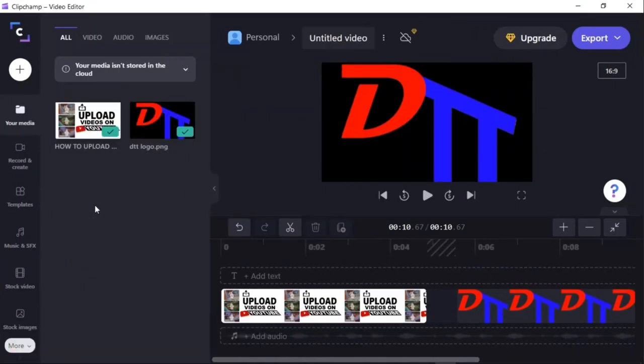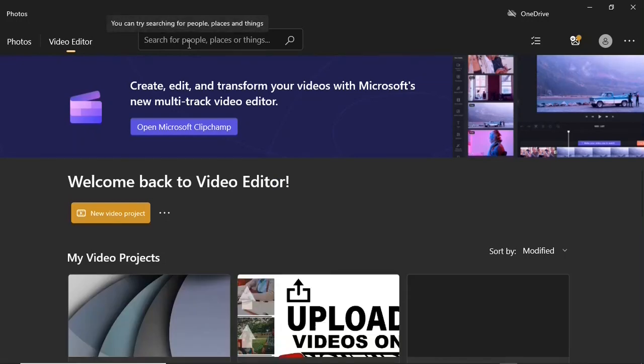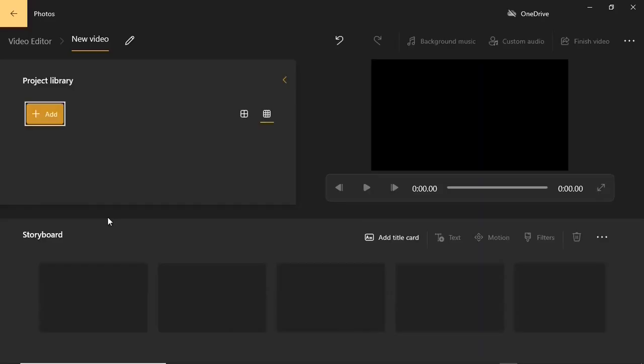In case you don't know about the video editor that comes with the Photos app, here I'm about to show you. So right here within the Photos app, up here I have this button labeled Video Editor. Now when I click on it, this is the welcome screen, or this is the home screen of the video editor. When I hit on this new project button down here,